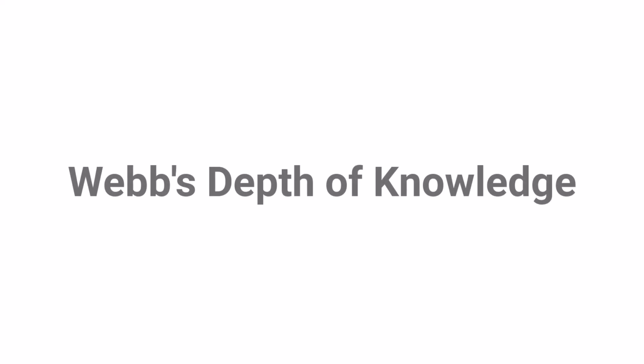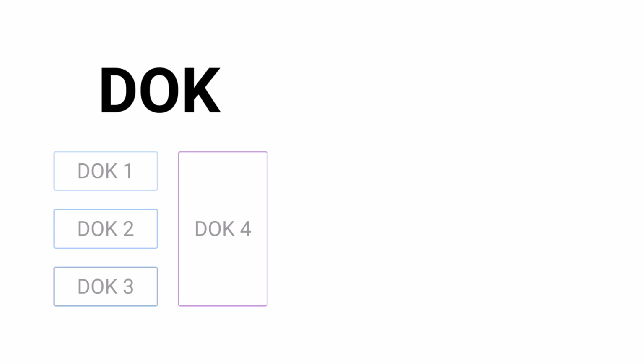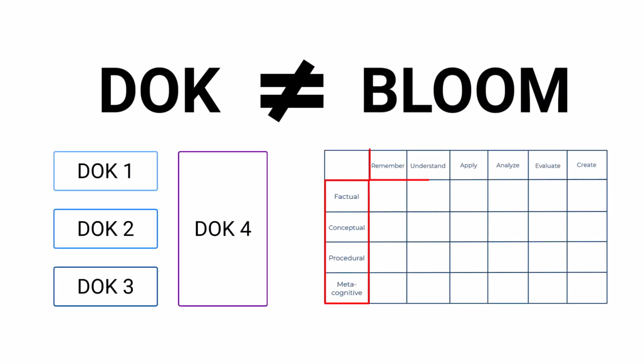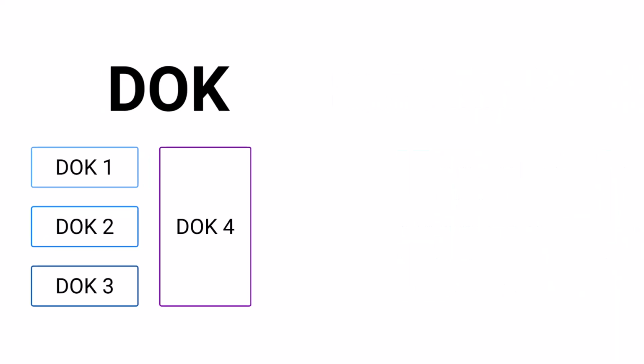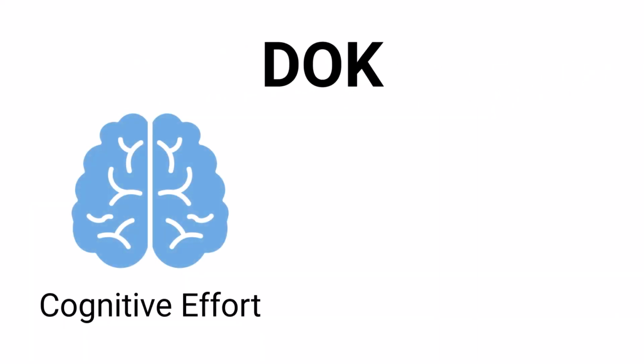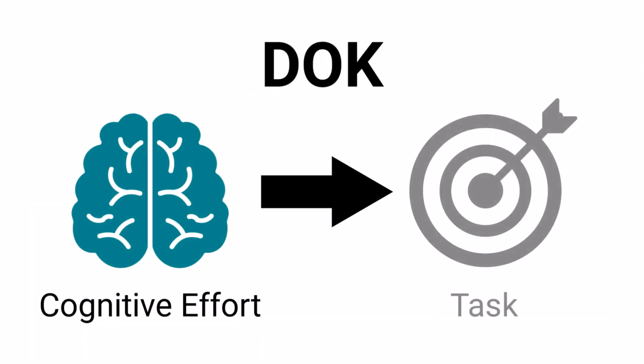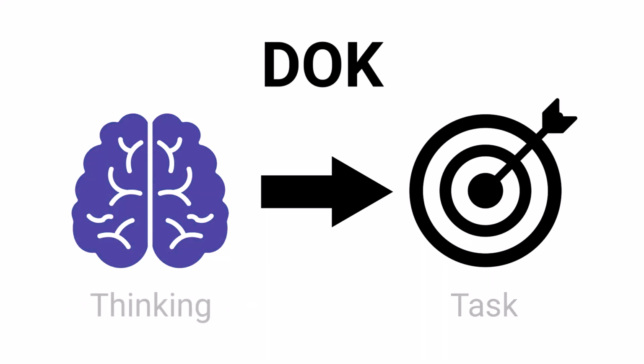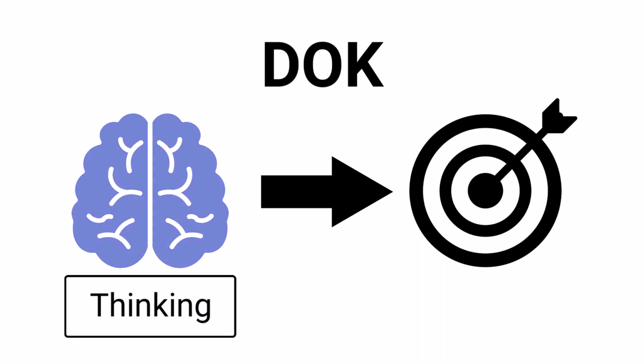It's really important to clarify that Webb's depth of knowledge, or DOK, isn't about classifying types of knowledge or levels of thinking like Bloom's taxonomy. Instead, DOK focuses on measuring how much cognitive effort it takes to complete a task. In other words, what kind of thinking does someone need to do to answer a question, carry out a procedure,